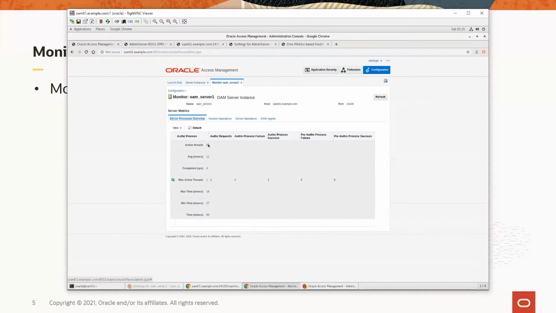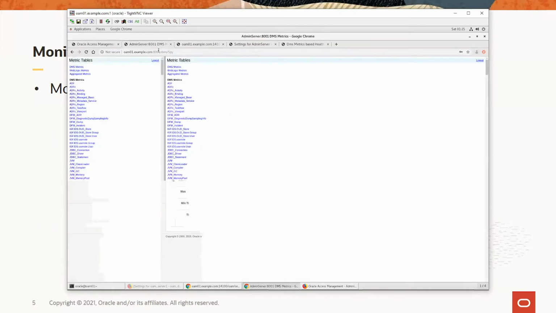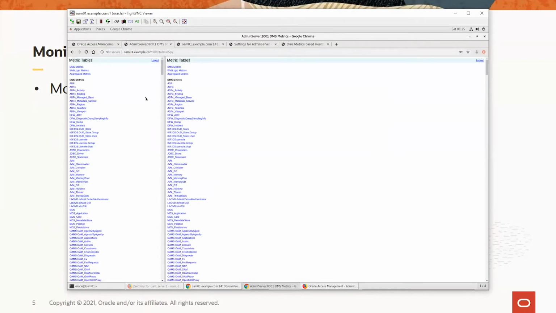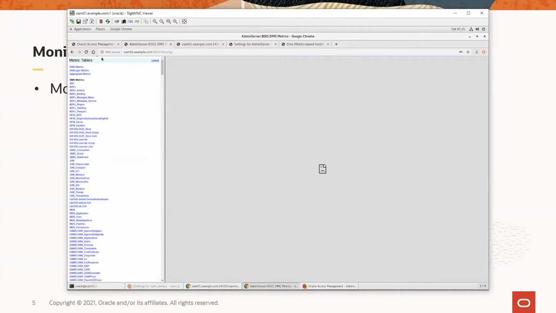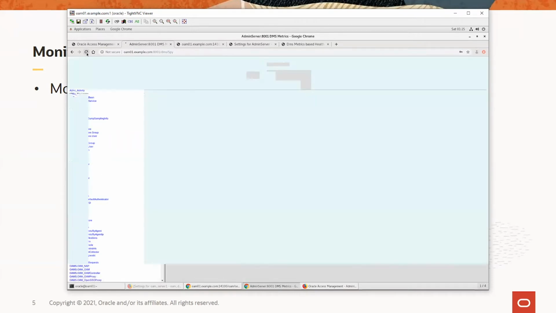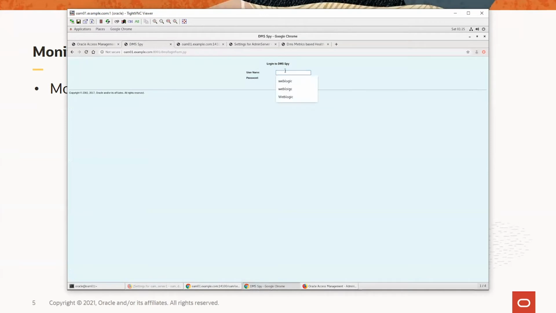Now, if you look into the dynamic monitoring system, here you see there are various parameters that can be monitored. You see the list of the different DMS metrics here, and there is a huge list of things which you can see. For instance, if you go to the Java monitoring system, like JVM memory or Java runtime, JVM runtime, we see the various processes which are available. Let me log in again.